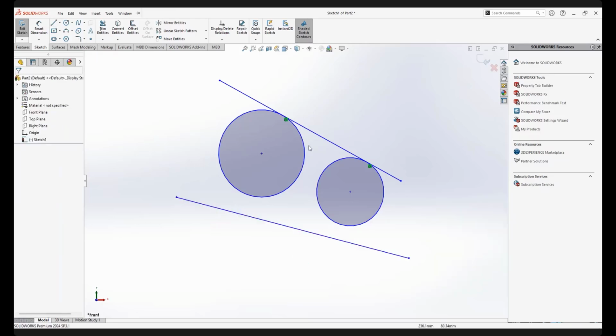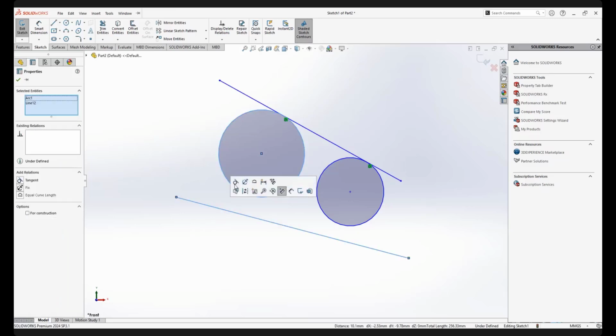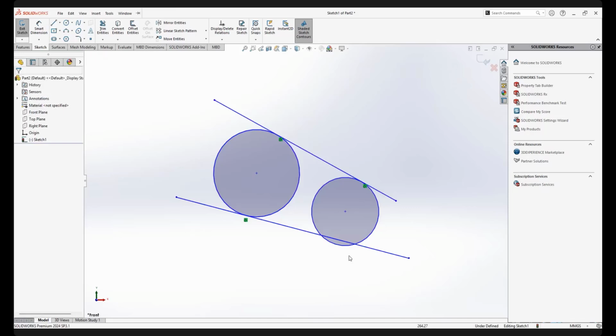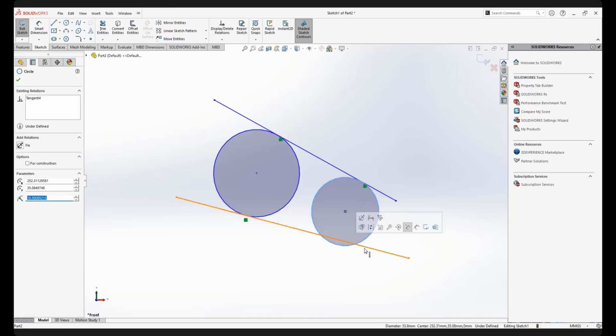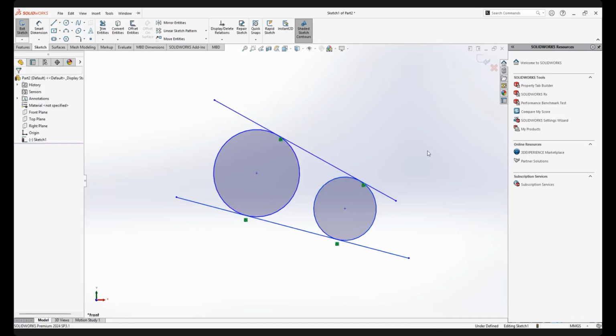Okay, this is just now I select the line first. Now I select the circle first. Hold down my control key. Tangent, that is different in terms of reaction. Okay, this one and this one, tangent, so it goes to tangent. So now you can